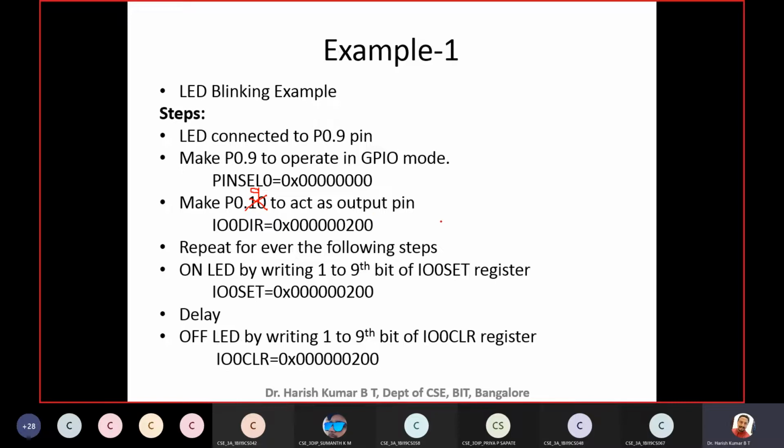If this data is expanded, let me expand only the last 3 digits. It is 0, 0, 1, 0, and then 0, 0, 0, 0, like this.